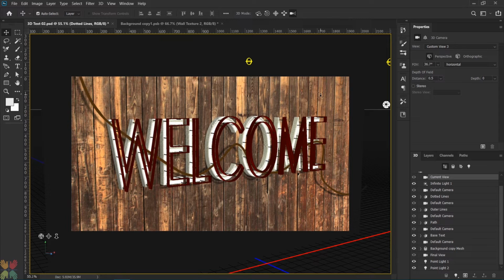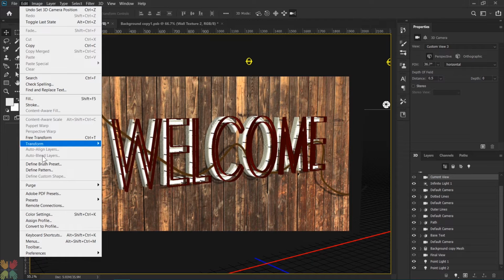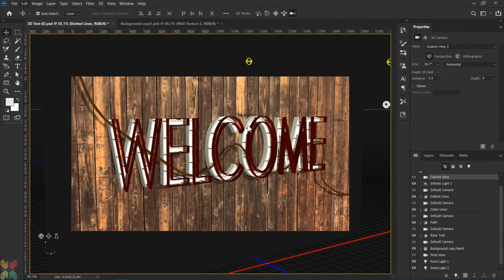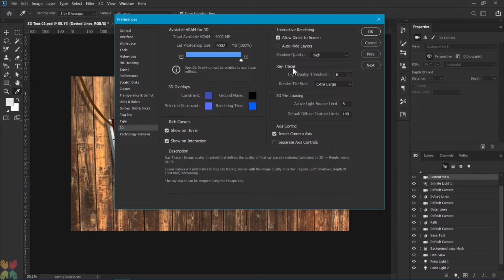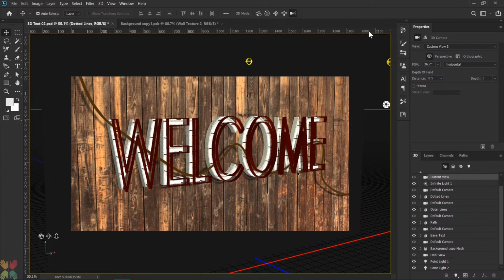The final step is to render it, and the rendering takes a lot of time in Photoshop, so I'm going to show you one thing. Go to Edit, in Preferences select 3D, and see what is the value of your ray tracer. Normally 4 to 6 is okay, but if you keep a higher value, the quality will be higher, but the time it takes to render such quality will also be more. So the value between 4 and 6 is okay. I'm going to keep it at 6. So make sure before you start rendering, and after everything is done, now we can click on this render or